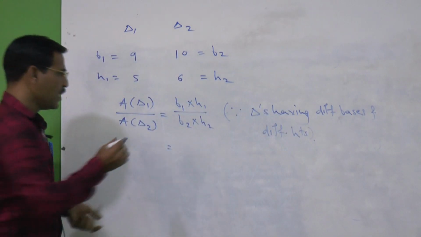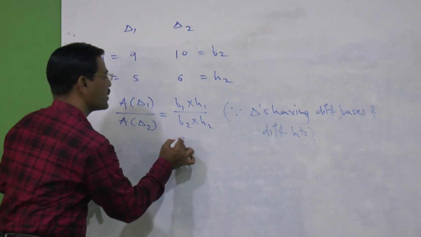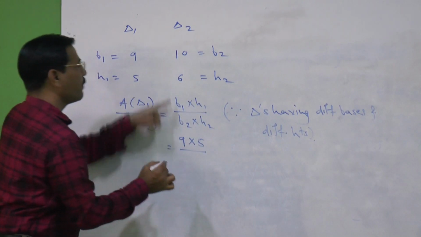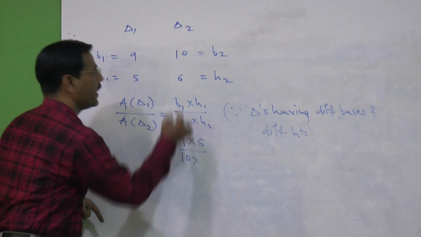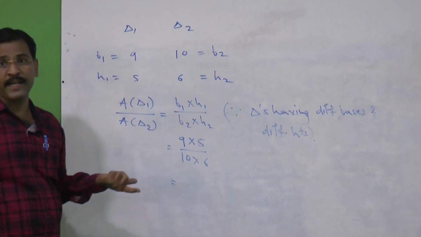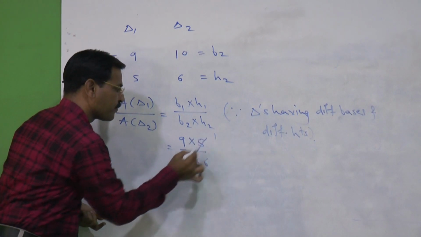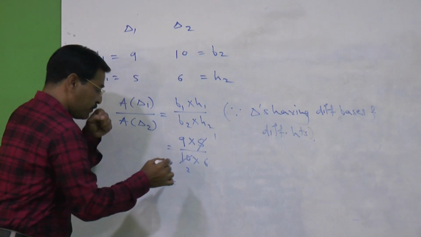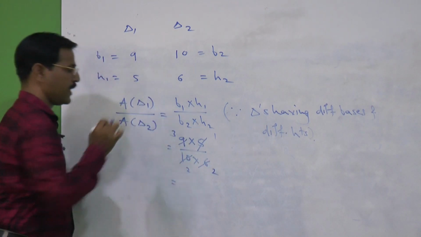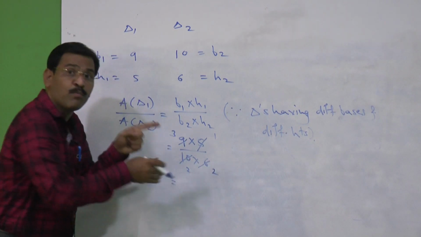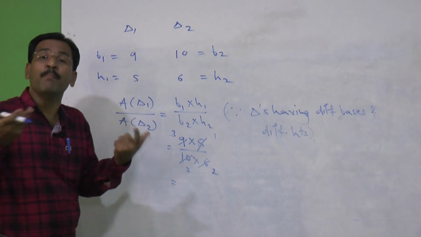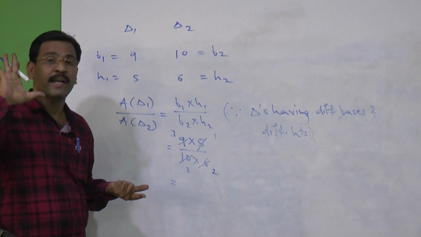Very simple it is. Look here, what is B1? It is 9. What about H1? It is 5. What about B2? 10, into what about H2? 6. Look here, if cancellation is possible, make it. See first, 5 ones are 5, 5 twos are 10, again here 3 twos are 6, 3 threes are 9. Don't make this cancellation because both are in denominators. Like these, we can sometimes make very silly mistakes. That is why we take care very carefully.